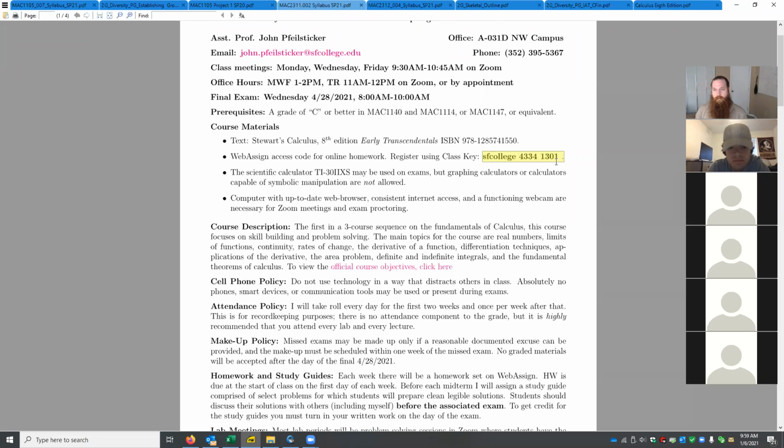For the access code, when we buy it, can we get that at the Santa Fe bookstore? Is it just an access code for WebAssign, or can we buy it online through WebAssign? Both of those are true. Everybody heard what Holly asked: can you buy the access code at the Santa Fe bookstore, or online through WebAssign? Either one. If you want to use your financial aid to buy it, I think you have to go through the bookstore. But if you want to use your own money, you can buy it directly from Cengage online. There are also some online retailers like AbeBooks and Amazon that sell WebAssign access codes. Just make sure you know what you're getting.